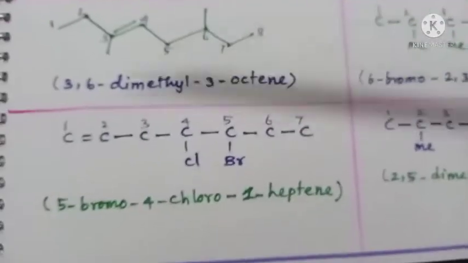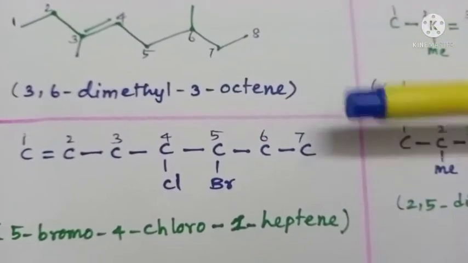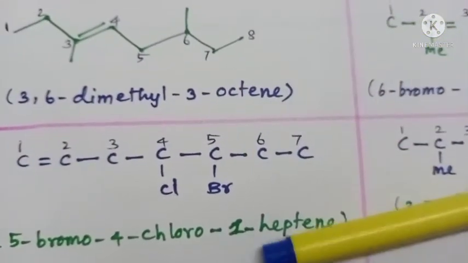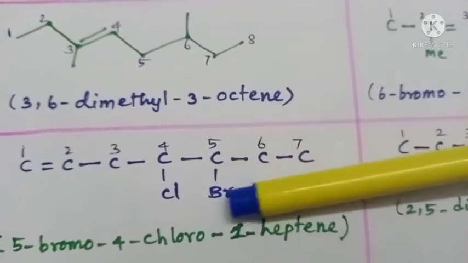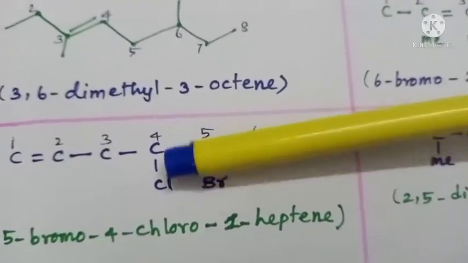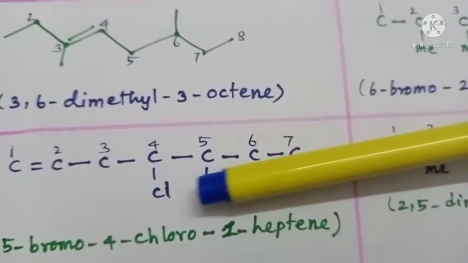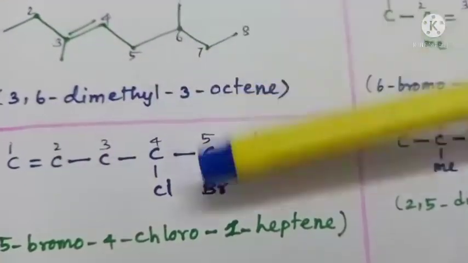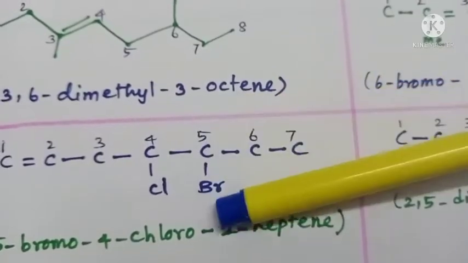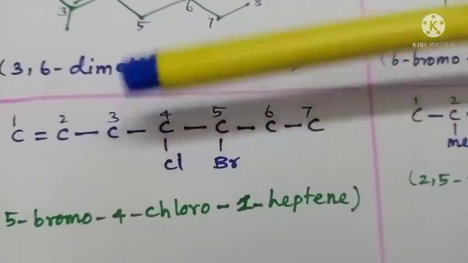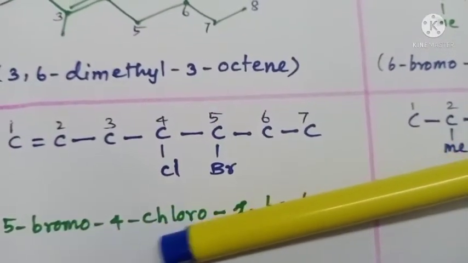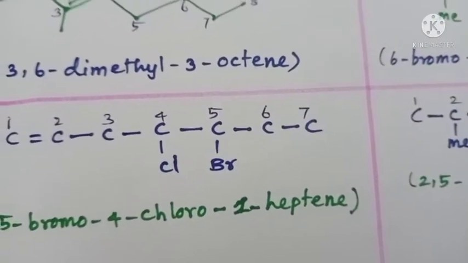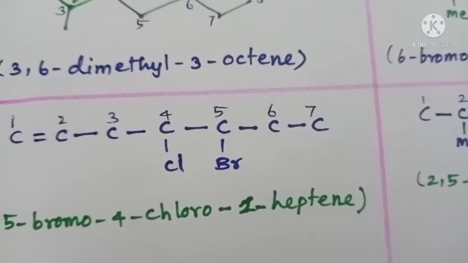Right. The next one, also a carbon skeleton I have written. This is the longest carbon chain, the parent carbon chain, with 7 carbon atoms and a double bond. So it is supposed to be heptene. Chlorine and bromine are considered as substituents. So alphabetical order, bromine first followed by chlorine. So it is supposed to be bromo, chloro, heptene. I number from the left side, giving preference to the double bond, so that the chlorine carbon gets number 4 and the bromine carbon gets number 5, isn't it? So I follow alphabetical order, bromo, chloro, 5 bromo, 4 chloro, double bond at first carbon, so 1 heptene. So 5 bromo, 4 chloro, 1 heptene.